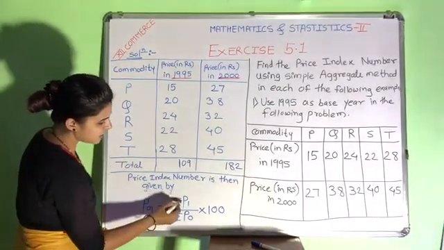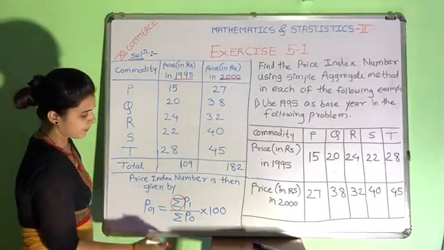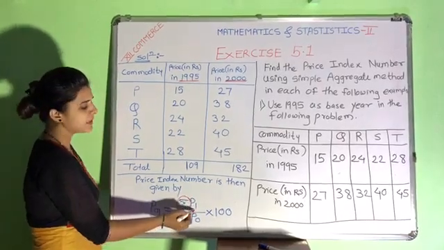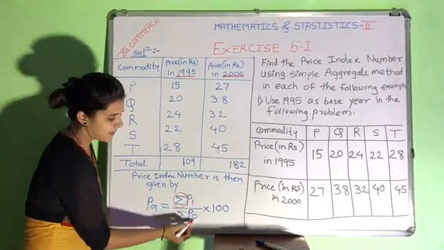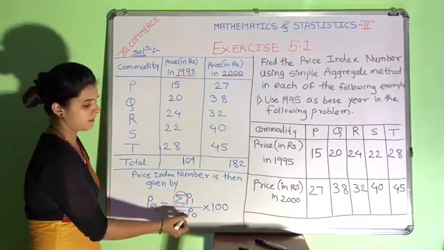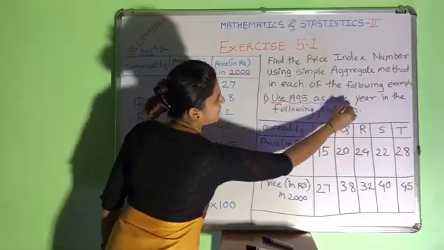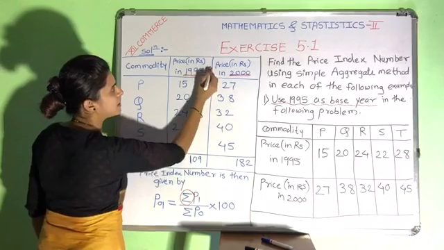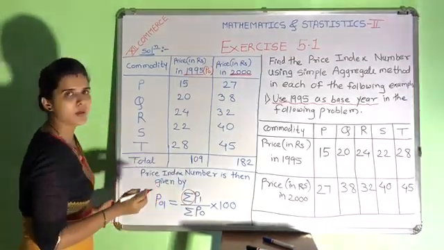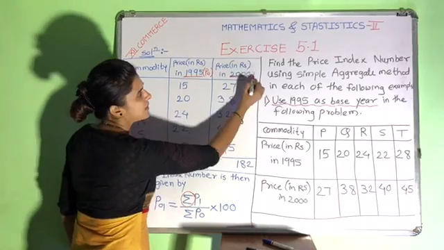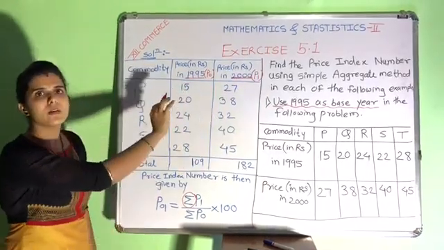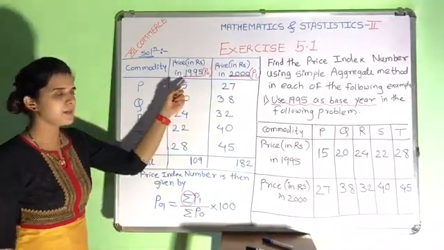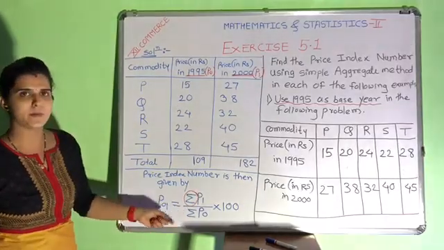Now summation means what? Sum of all numbers. But what is P1? P1 means 1 for current and P for price. Means here we need current year price. And P0 means what? Base year price. Use 1995 as a base year. Means this is your base year and this is P0. This notation is important. Okay. And what is 2000? 2000 is a current year. So this is the most important thing of this example because first आपको current year price और base year price क्या है वो आना ही चाहिए. उसके बाद हम लोग example solve कर सकते हैं.